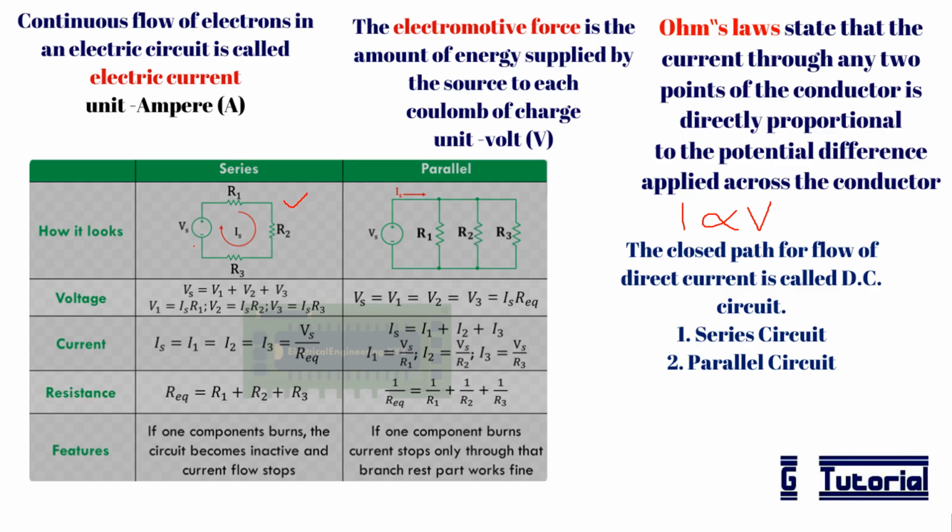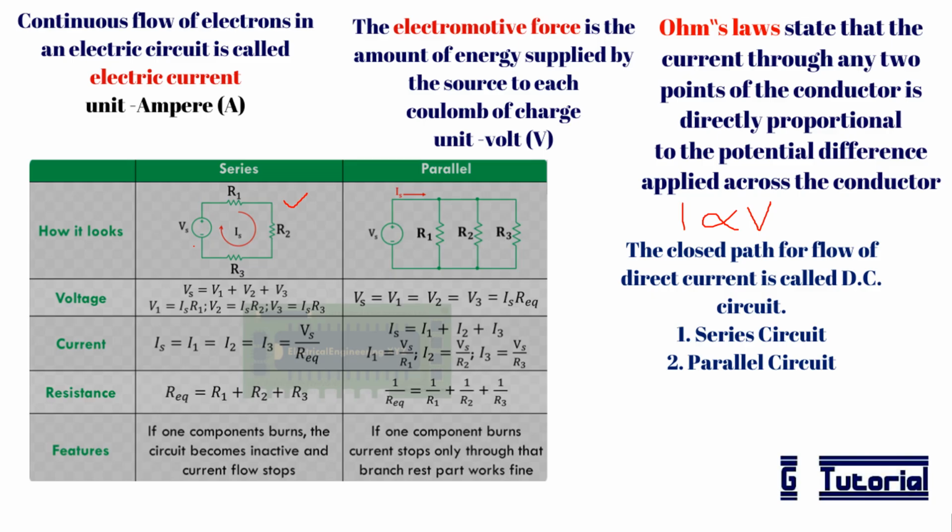Similarly, we can see the parallel circuit. This is a parallel circuit. Here, three resistors are connected in parallel across a voltage source. The current which is flowing through the circuit, Is, splits into three and flows through each of these resistors. The voltage across all these three resistors will be the same. That is, V1 will be equal to V2 will be equal to V3, which is equal to Vs, and the current is given by